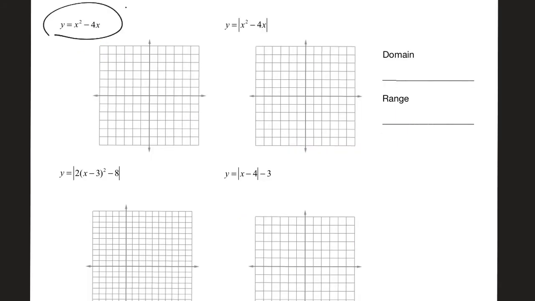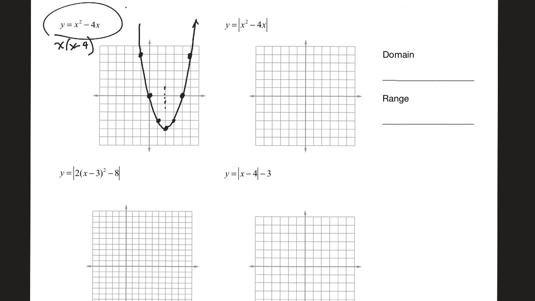Okay, so this graph is a parabola. If I factor, then I can tell easily where the zeros are. They're at 0 and at 1, 2, 3, at 4. I know where the axis of symmetry is. 1, 2, 3. So that means I know exactly where the vertex is. There's a couple more ordered pairs. 1, 2, 3, 1, 2, 3, 4, 5, 6, 7, 8, 9. All right. So here's some really nice ordered pairs